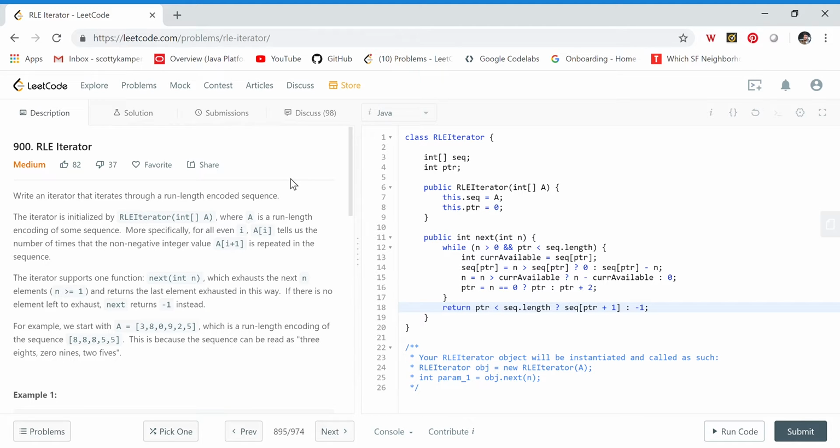Hey everybody, today we're going to solve the RLE Iterator problem on LeetCode. We need to write an iterator that iterates through a run length encoded sequence. The iterator is initialized by giving an